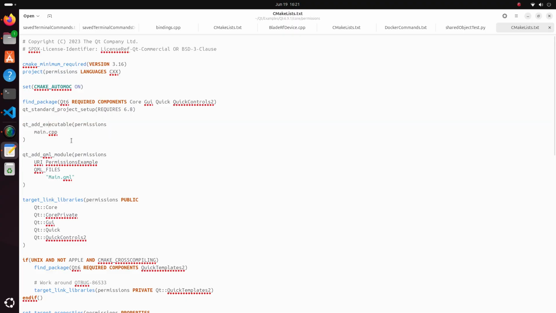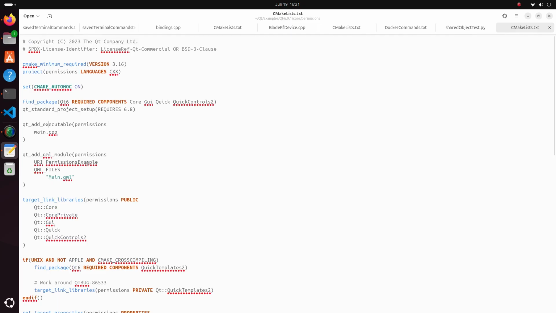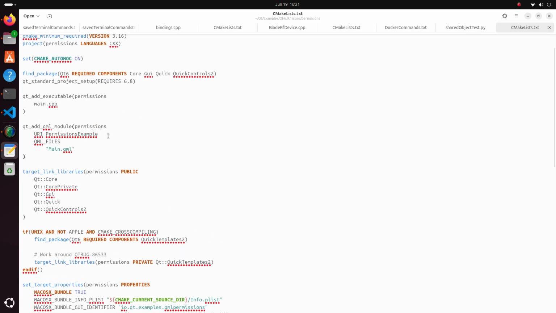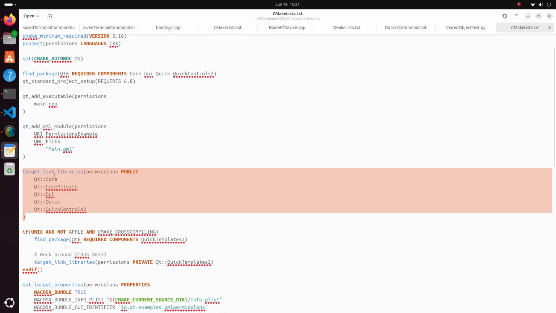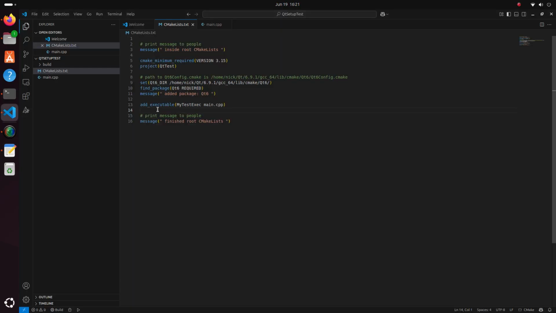Qt add executable. So you don't necessarily have to do the setup this way, but what I'm looking for is what I need to link against. So we need to target these libraries for what we want to do. Okay, so